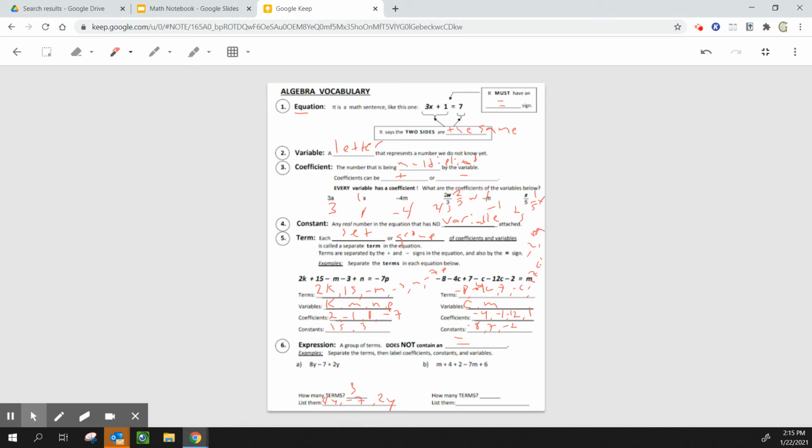Okay, so let's check. You could pause if you're still not done. How many terms are there? Well, there's m, 4, 2, -7m, and 6. So there are 5 things there. And then the variables would be just m. It's the only letter that's there. Coefficients would be the 1 and the -7 because they're with the m. And then 4, 2, and 6 would be your constants. So once you got that,